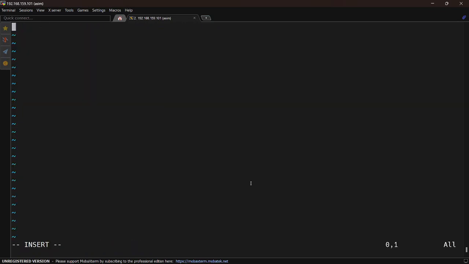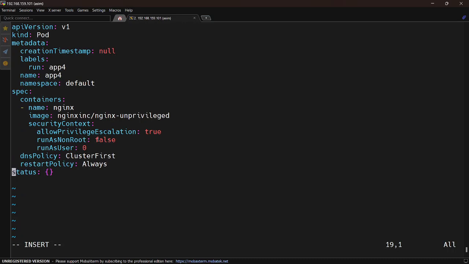So here I just create this manifest. This is the name of the application, I just give the name app4. It will be under the UAT namespace and it is using this image. And here, security context, by using the security context, I